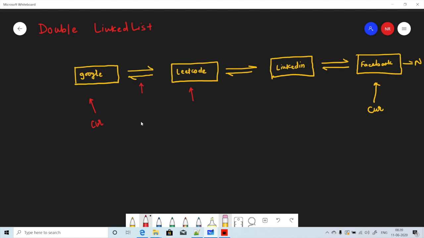So now let's again call our previous two operations. Back to two: in that case your current is here, and since it is a doubly linked list, we can go two steps to the previous node. So we reach here, your current is now pointing to this node, and we will return the value from that node. Okay, now we would like to go forward one. You are currently here, you can call next, so you will reach here, and that will return LinkedIn as the result.